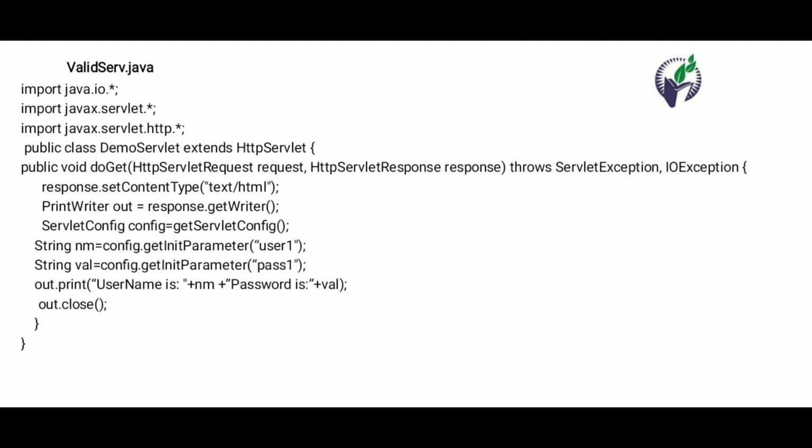Now the username and password are printed. Using out.print we print the username and password. So this way you can set the initialization parameter using the web.xml file.